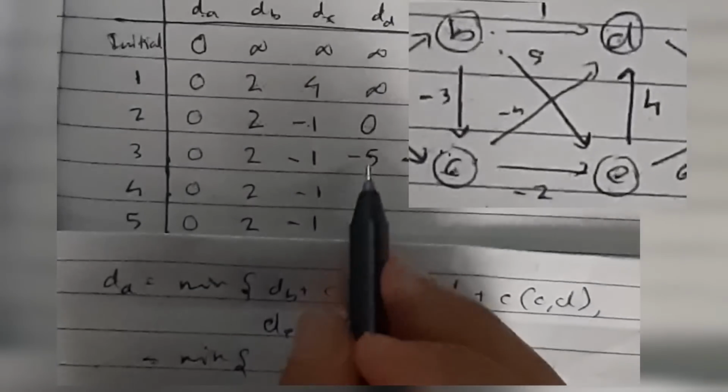Okay, now filling in these values here, looking at the previous row, what I get is DB. What is the value of DB in the previous row? It is 2. 2 plus cost of B to D, it is 1, comma DC. What is the value of DC? It's minus 1. Minus 1 plus cost of C to D. Cost of C to D is minus 4. So I'll be writing here minus 4, and DE. What's the value of DE? It's minus 3. Minus 3 plus cost of E to D. It is 4. Minus 3 plus 4, and DD itself, which is minus 5.